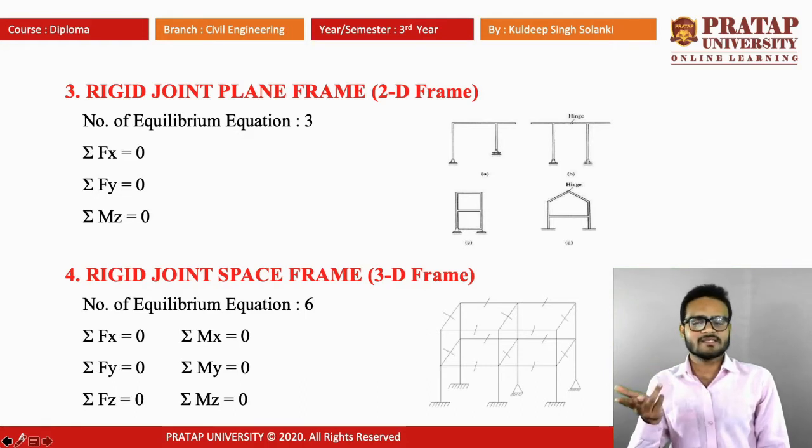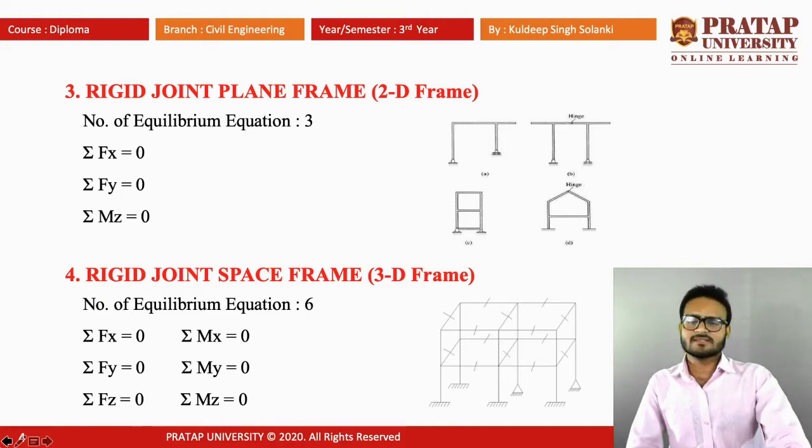Summation of moments in the x direction is equal to 0, summation of moments in the y direction is equal to 0, and summation of moments in the z direction is equal to 0. Then we have 6 equilibrium equations. In the case of a rigid joint 3D structure, 3 force directions and 3 moments. Okay, then in the next slide,